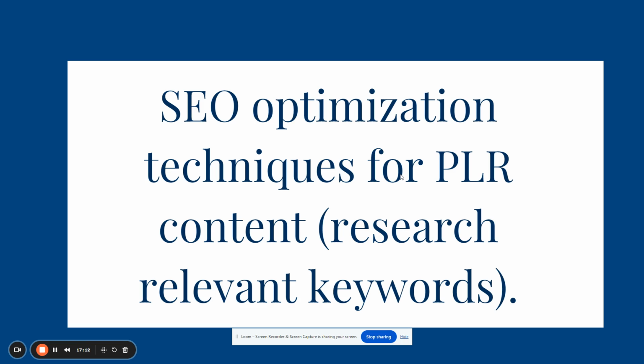And then you also have to think about SEO techniques when it comes to research and using relevant keywords. So of course you can utilize ChatGPT or Bard. No, they're called Gemini now. There's another AI site called you.com. They're great sites to use. There is a lot of technology out there that's going to help you with your covers. I actually use BookBeam as well for my books. So when I'm searching for different titles and what's out there for my books, it's no coincidence why I name my titles the way I name my titles.